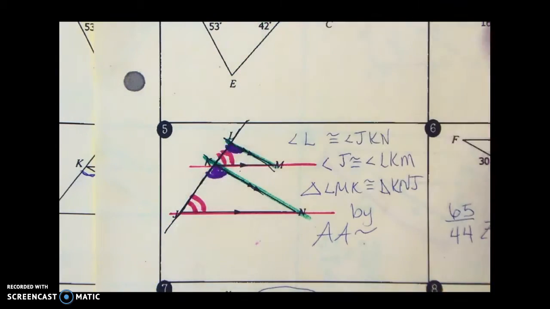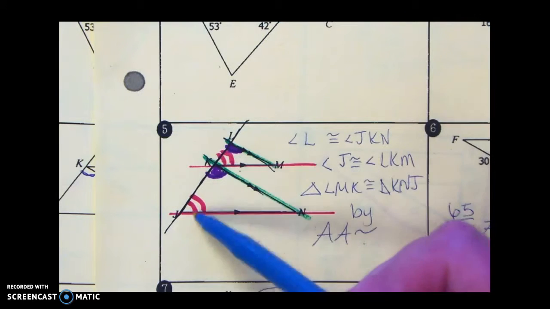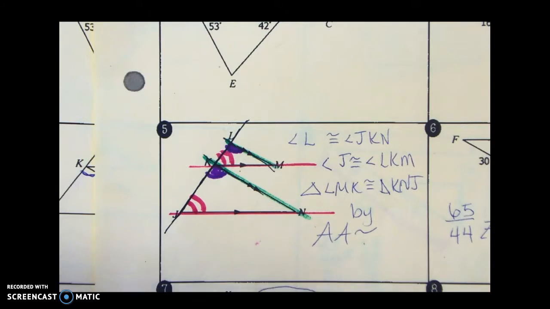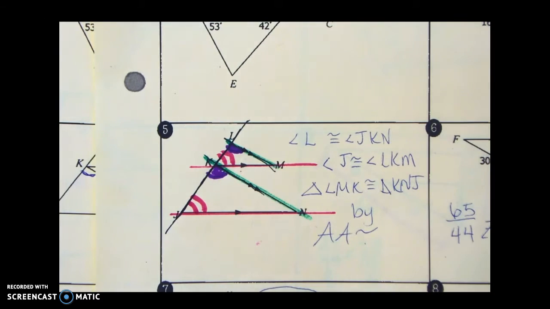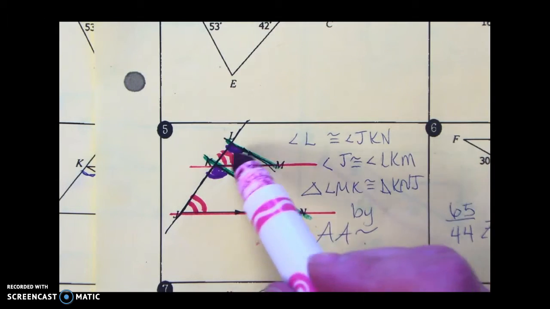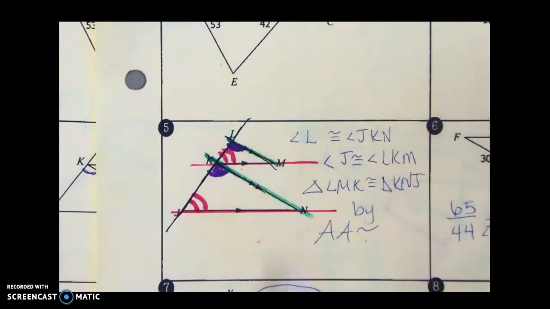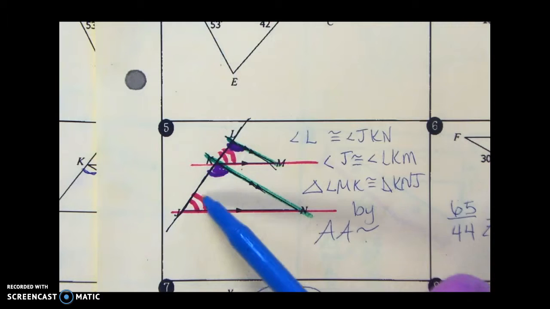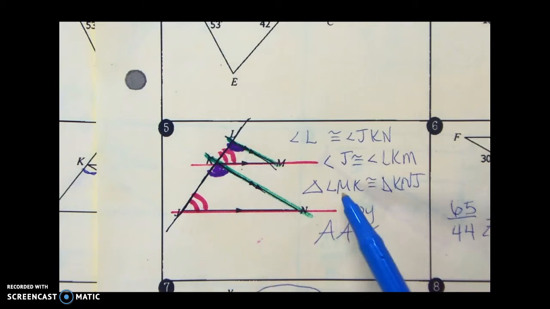There's my transversal. And again, when they come through, the pink angles are congruent. So again, I would name that. This angle J can be by itself because it's the only angle there. So angle J